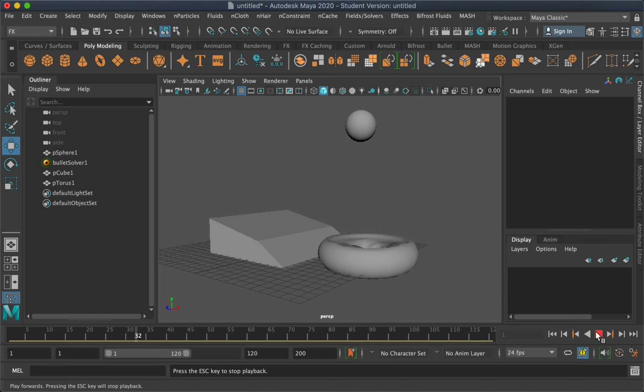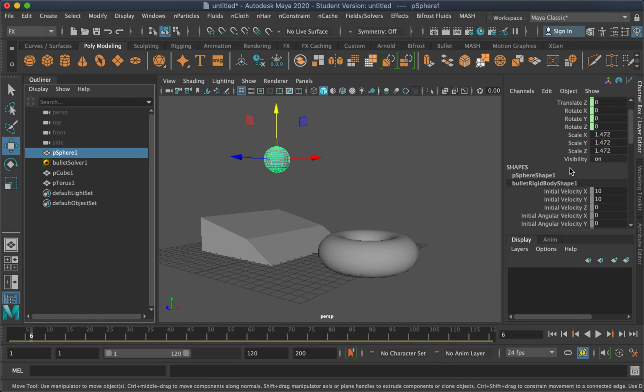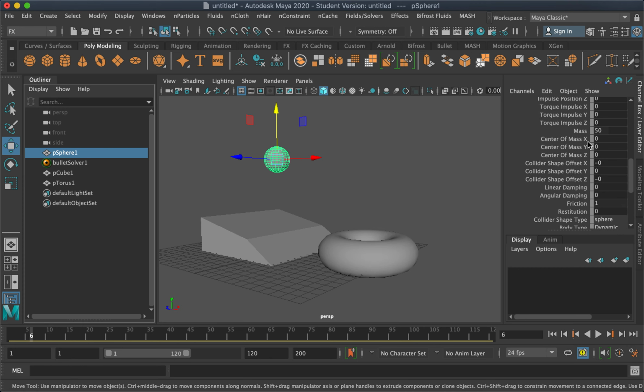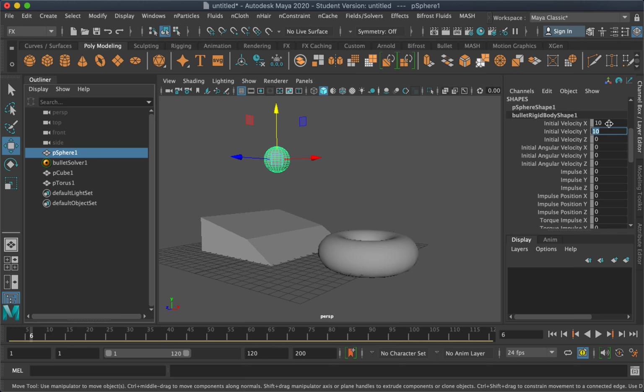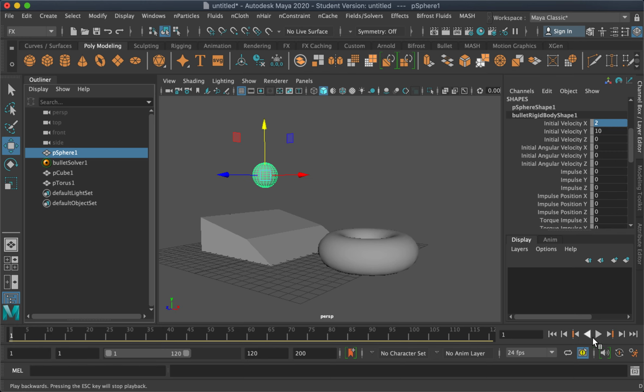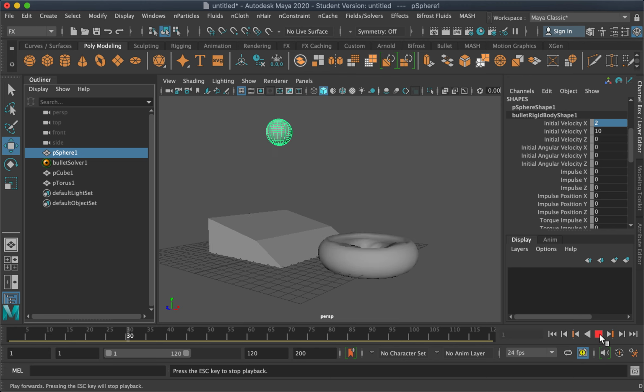Okay, so as I've said before, this simulation is very intensive to the processing. So what can we do to lessen the processing time and effort of the computer? What we can do is to bake the simulation. Baking converts simulations to keyframes.